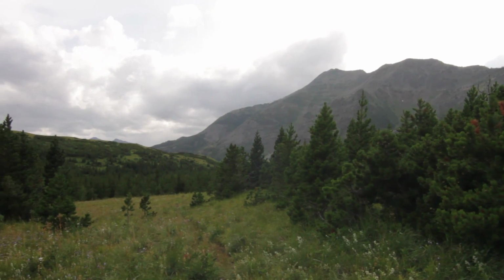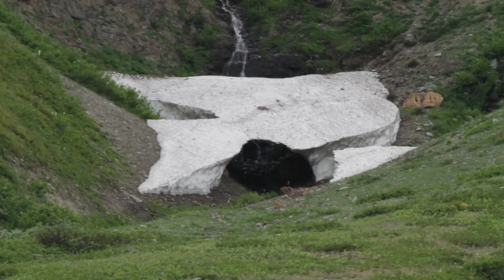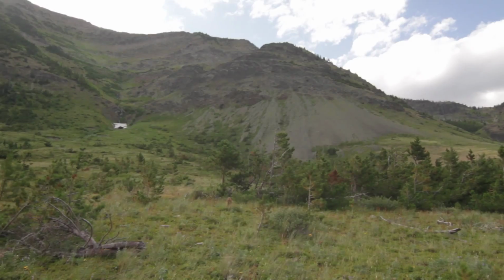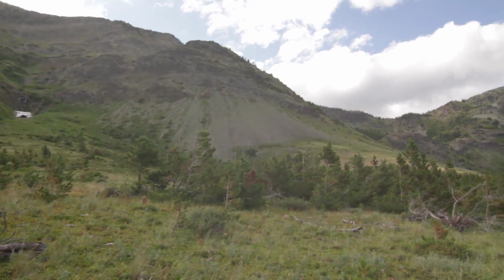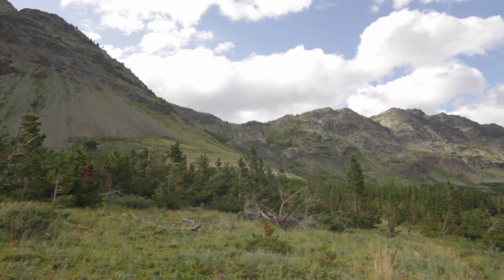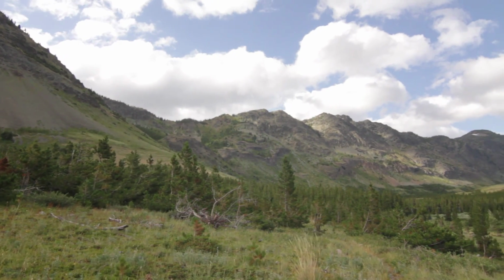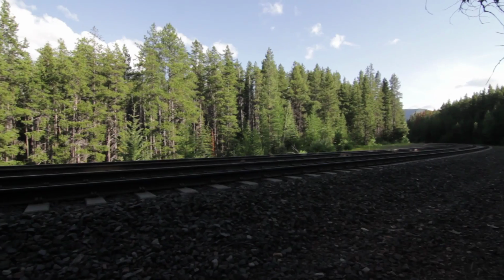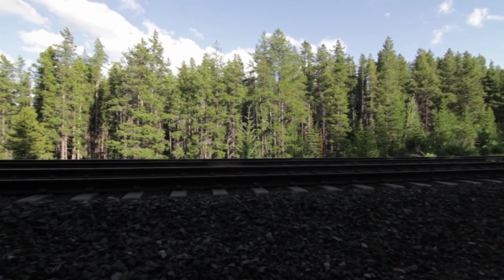But boy, that thing sure opened up, and I was getting great views of Elk Mountain, and then all the way across the ridgeline over to Summit. And the thing about it is that the views just kept getting better and better and better. I actually ended up jumping a couple of deer, but the trees are a little bit on the thick side, so they disappear pretty quick. So I didn't get a whole lot of big game, but